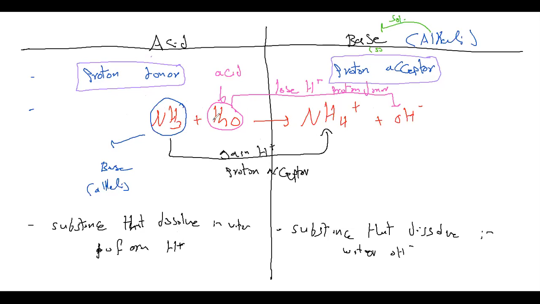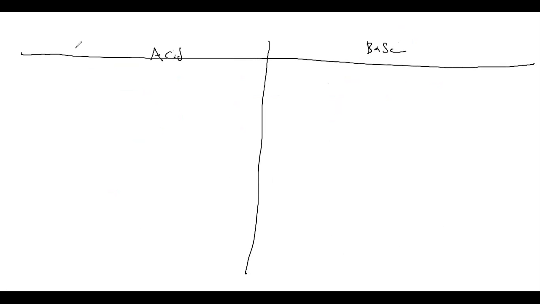While acid, H2O, it changed to OH negative, lost H positive, proton donor, so it is acid. After that, for the properties for each one, in pH value and universal indicator, pH and universal indicator